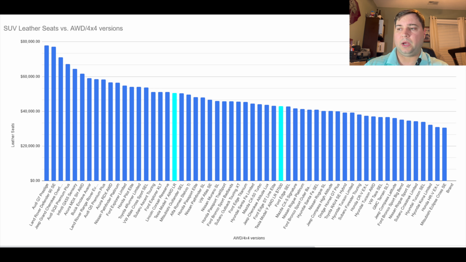line to the right, the cyan line, where it's showing it just above the Ford Edge, the Mazda CX-5 Signature, just under the Jeep Cherokee. So it's cheaper than a lot of cars, cheaper than the Honda Passport, the Nissan Pathfinder. There's some really popular cars. The Toyota 4Runner, the full regular price is more than it. So right here shows you that the Model Y is a very competitive car price-wise to any SUV out there